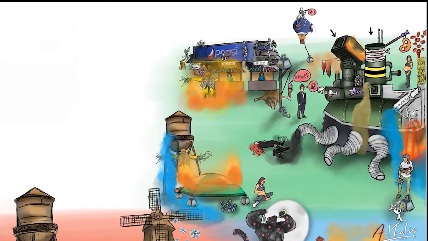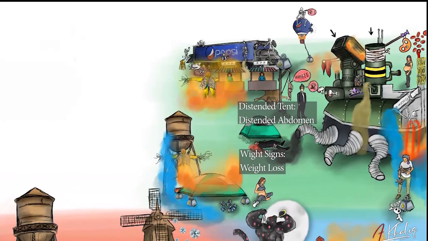You know, one more fun fact about our advocate Jamal Panda. He was just dragged out of his tent and shot in an open ground. So here we draw another tent. This is going to represent the distended abdomen, and this tent is supported by 4 different weights, which are going to represent weight loss.